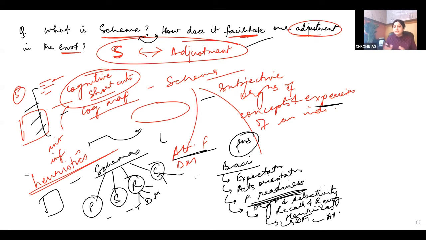So this is what is required. You are connecting things. You wrote from attention, you also wrote from perception. You are talking about memory also, right? You're talking about perception, organization. So these are the basis, and this is how, on the basis of these, they guide our actions, which take us towards adjustment. Fine. So this is how you can write a thing. Before we discuss how do they facilitate.